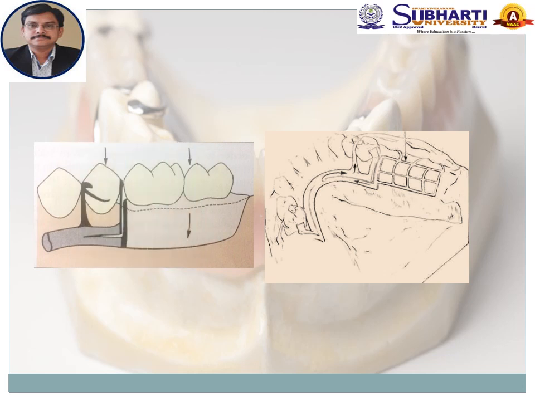our split major connector. In this design, if we give this type of major connector, only a part of the occlusal force will get directed to the natural dentition, and the majority of the occlusal force remains in the partially edentulous area itself, and thereby we can minimize the effect of this rotation onto the natural adjacent tissue. Thereby we can minimize the lever principle, we can minimize the leverage, and that is the goal of our design.